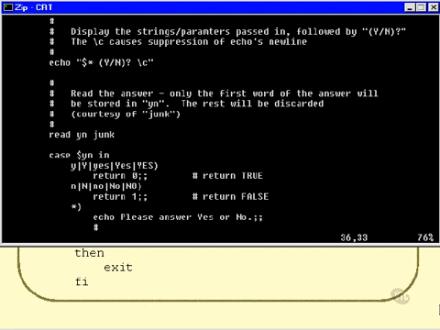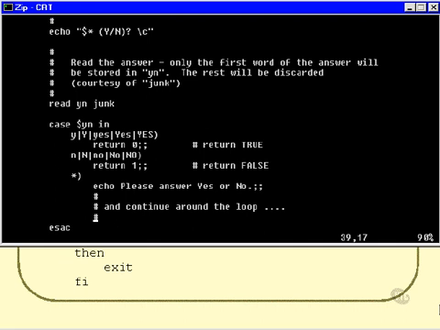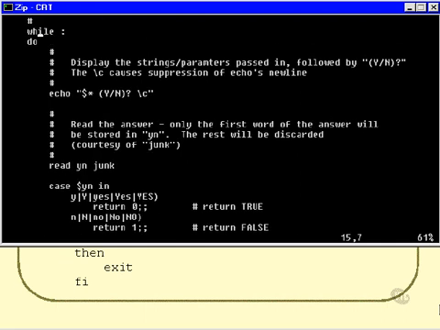So the question is, what should we do then? Well, the answer is we just go around the loop again. So we'll just say here, continue around the loop, even though we don't actually have to put the word continue, because what's going to happen is the very next line is the end of the loop, which will mean we'll just go right back around the loop again. We'll go right back to here,